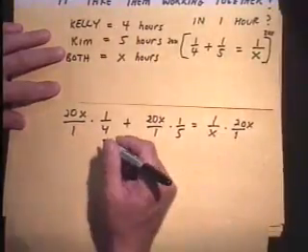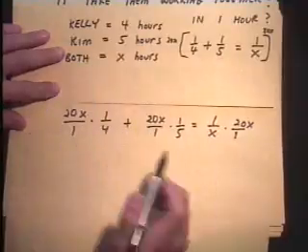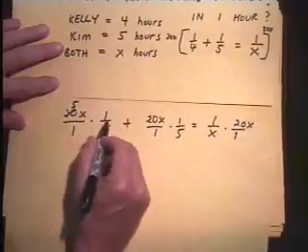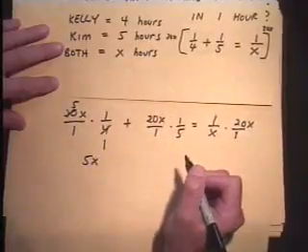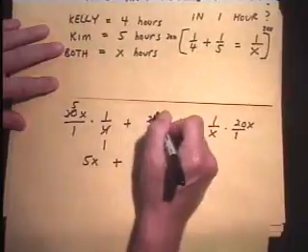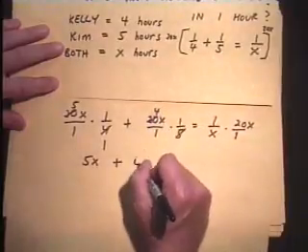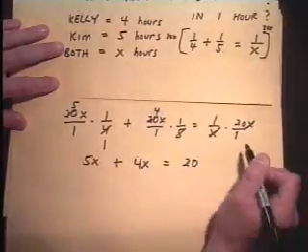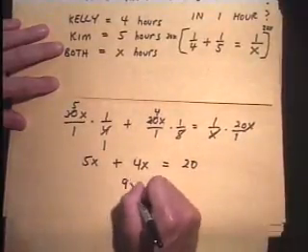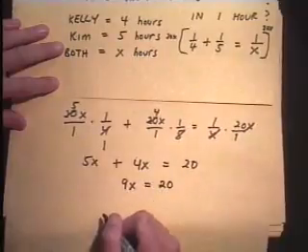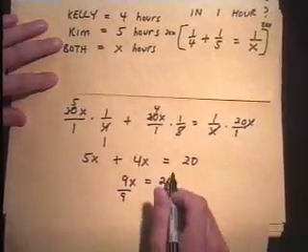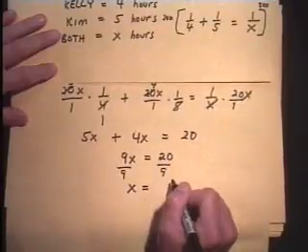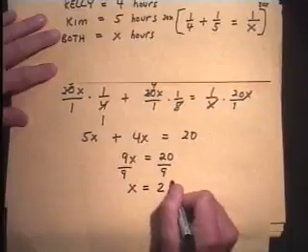And this one's not bad at all, because when we chop, we end up with 4 goes into 4 once, into 20 5 times. 5x times 1, 5x. Plus 5 goes into 20 4 times. 4x times 1 is 4x, equals, over here the x's cancel out, we end up with 20. So collecting like terms, we get 9x is 20. Dividing both sides by 9, we end up with a final answer of x equals 20/9. So we're dividing bottom into top, 2 and 2/9